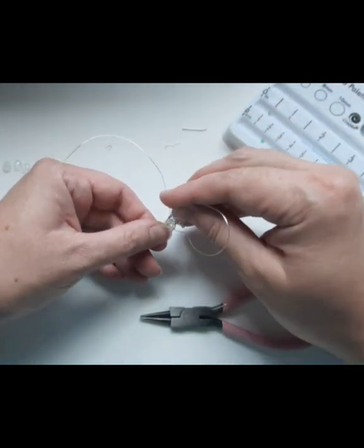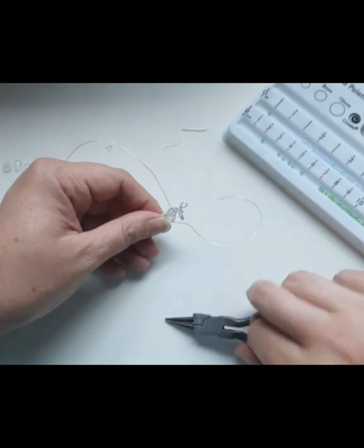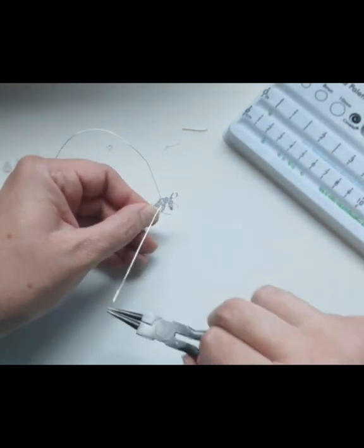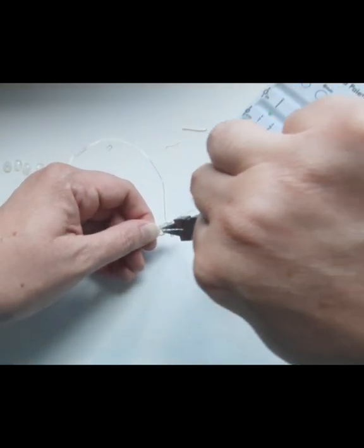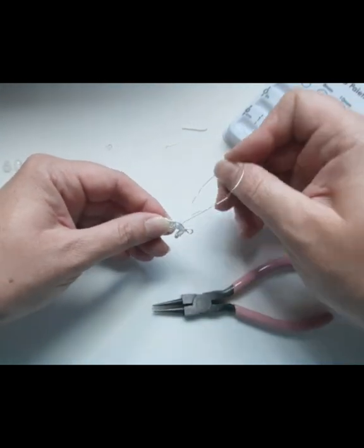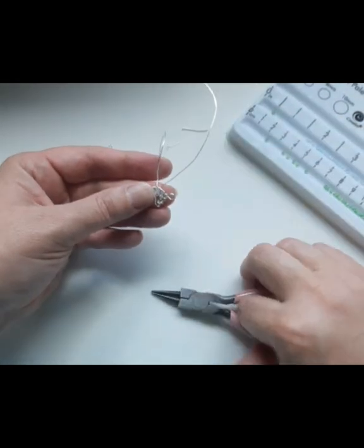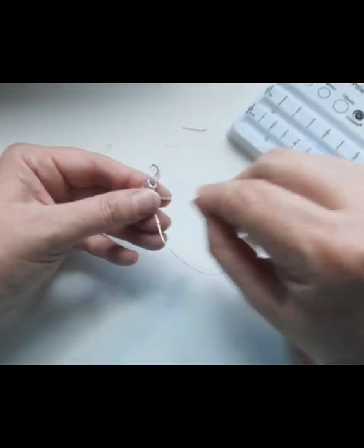Same with this last one here. And pull it out a little. Get under it. Pull it tight. Make sure they're squeezed together. Then come back around here. Go to the other side, because you're going to go the opposite direction with the wire as this other one. Pull it tight. Now,